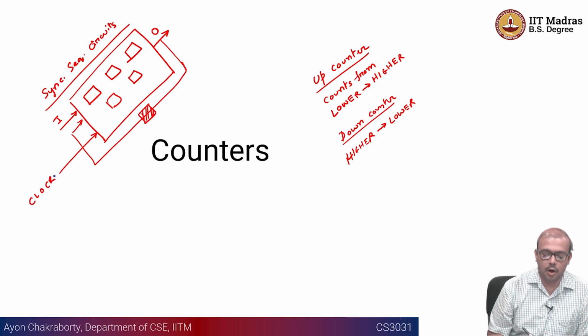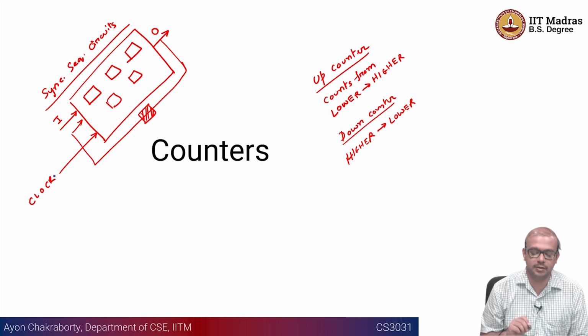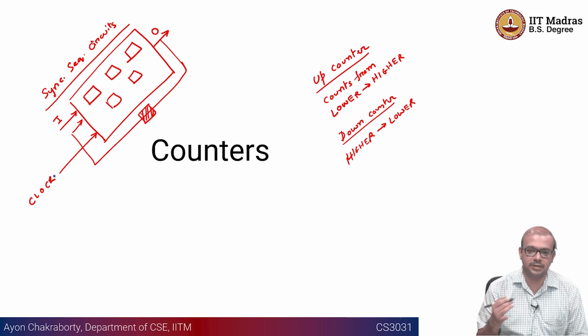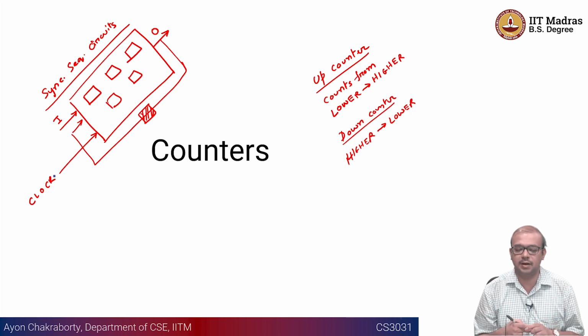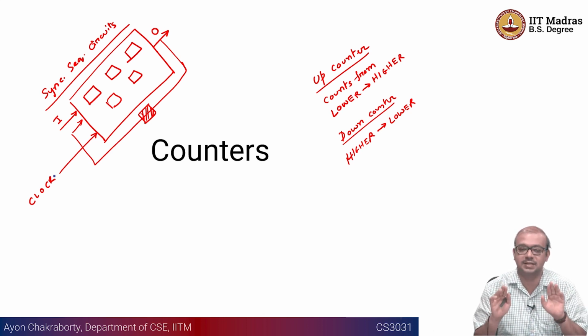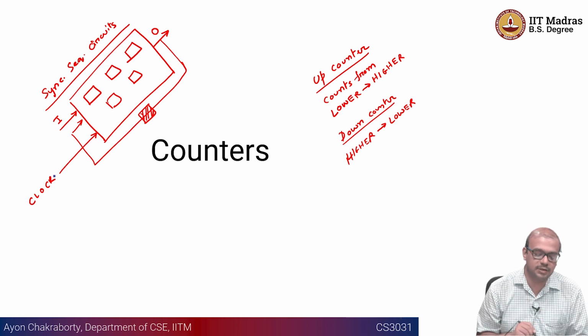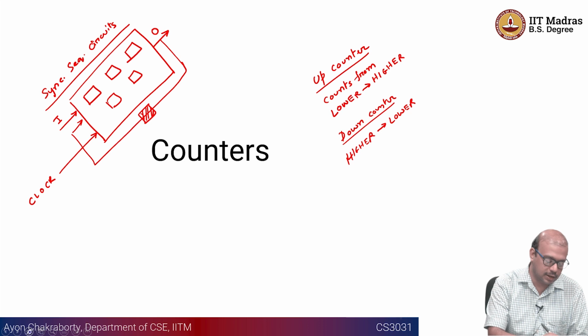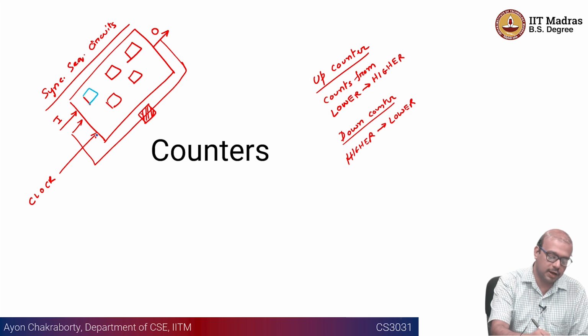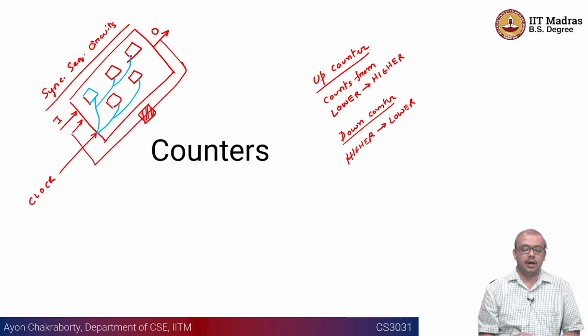This clock for a sequential circuit has to be given to the individual flip-flops, because those flip-flops could be edge triggered, and on the edge of the clock they are going to fire. Depending on the kind of flip-flop, depending on the output, depending on the previous state, it is going to change its state, whatever we call the next state. For a synchronous sequential circuit, you need to remember one important point: this clock has to be the common clock that is provided to everybody. So this is called a